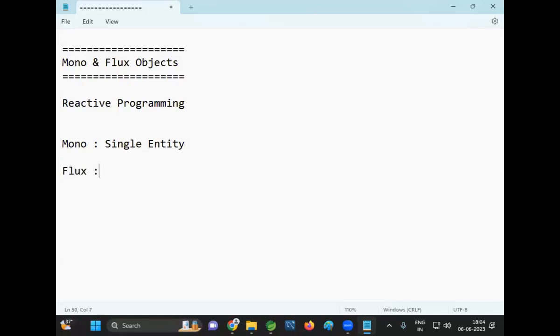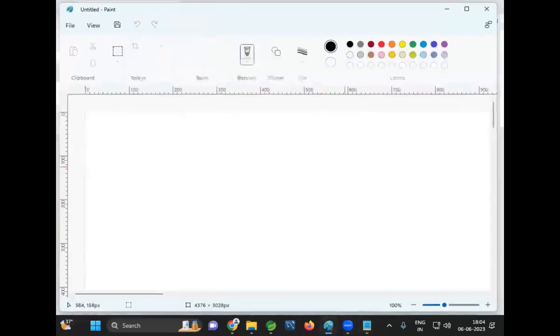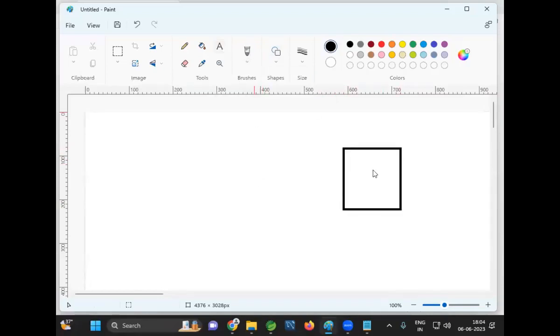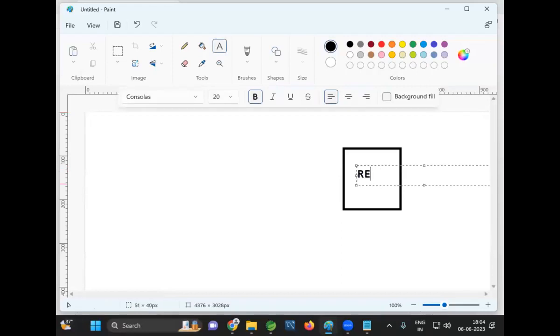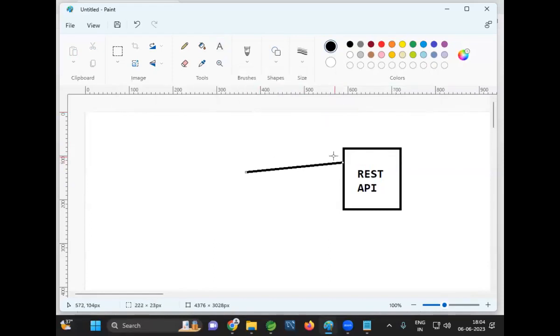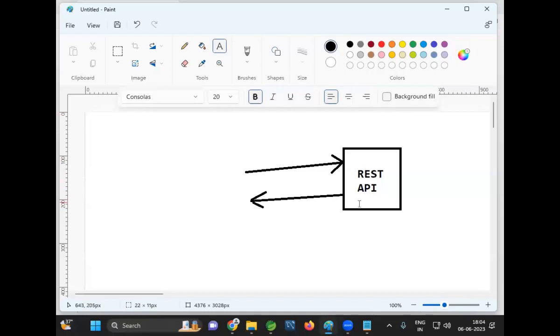Whereas flux represents single or more entities. Whenever we are sending a request for the REST API, for example, here I am having one REST API. For this REST API, client application is sending a request. If the server gives the response to the client in a single shot, then we are going to represent